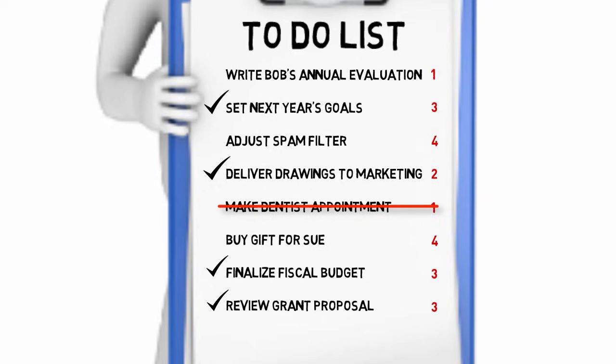With priority 2 and 3 tasks taken care of, we now can focus and turn our undivided attention towards our priority 1 items. We can try to knock out Bob's evaluation. And when practical considerations no longer allow us to focus on a priority 1 task, we can comfortably turn our attention to priority 4, or get a head start on a priority 3. For instance, writing Bob's annual evaluation may require files we have stored in the office or on the office computer. Therefore, if we are not in the office, we don't have the resources needed, allowing us to take the time to go buy Sue her gift.